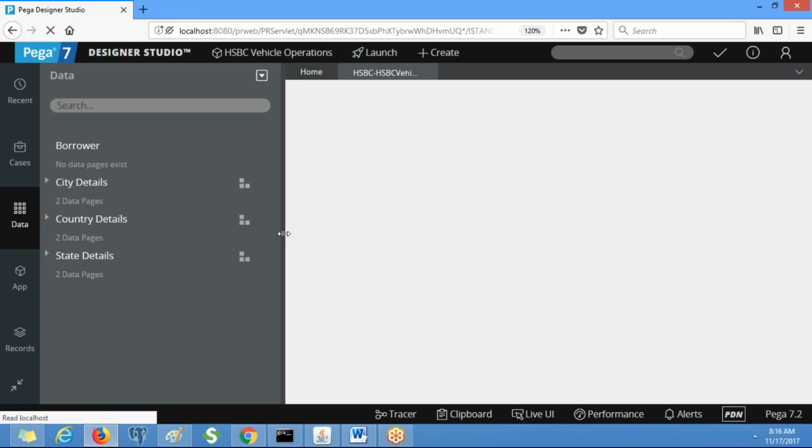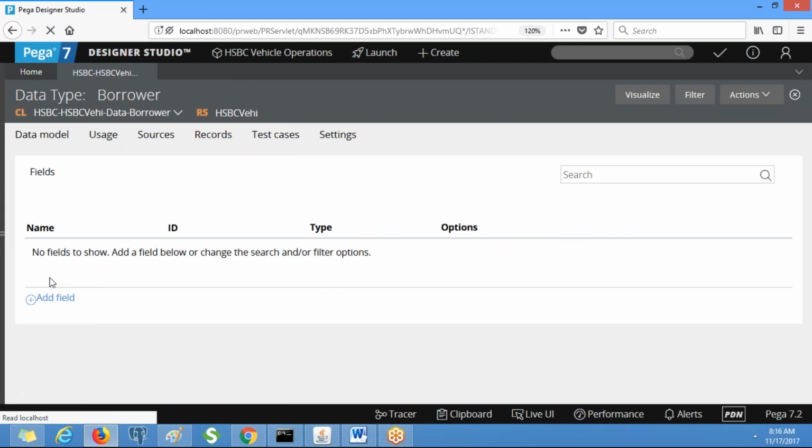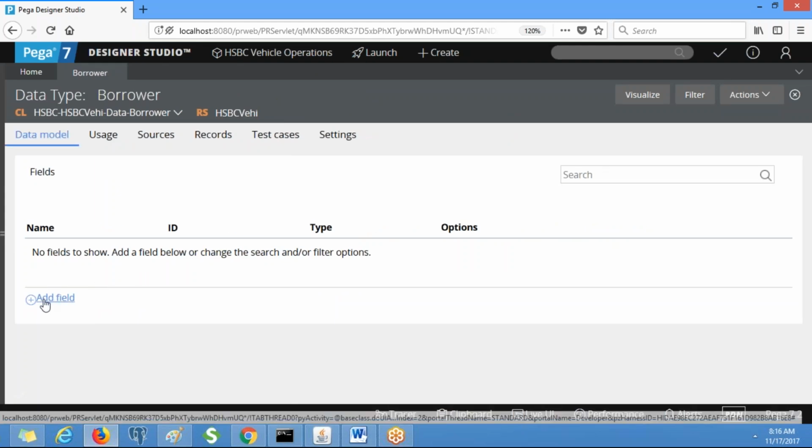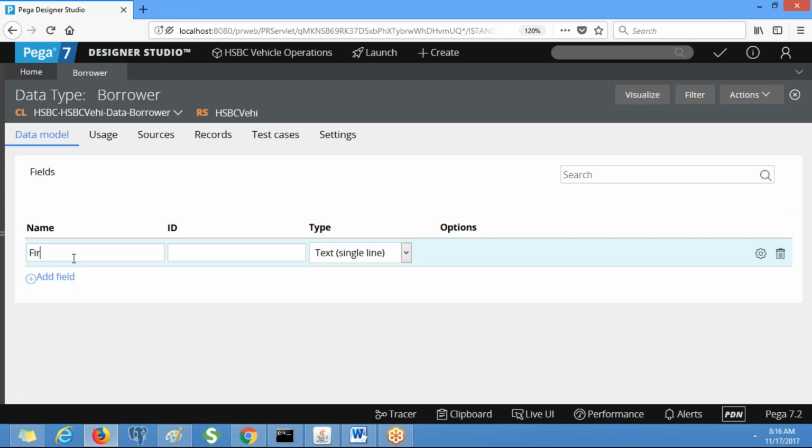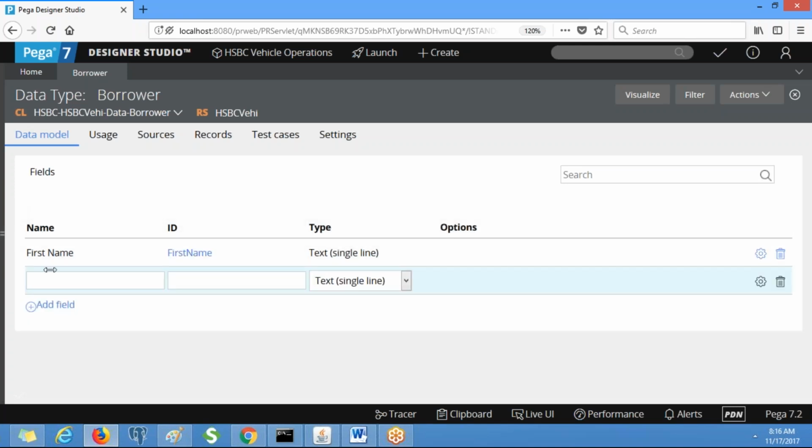Okay. So note down the required properties for borrower. First name, last name, date of birth.